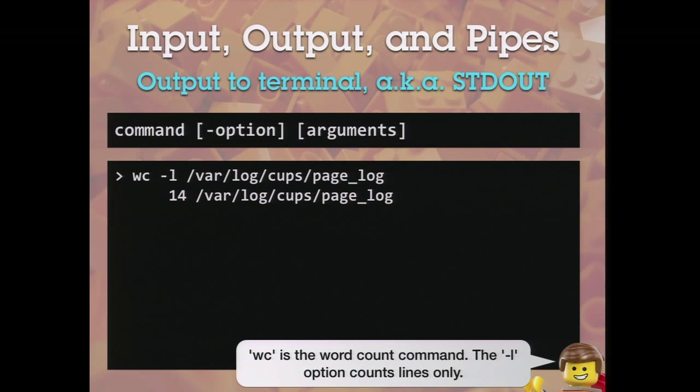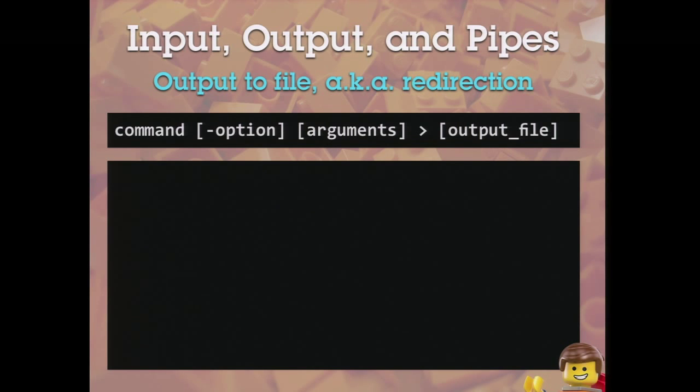You can see from word count's output, it's a little strange. It's got a big indent before the number, and then it includes the file path, even though I just told it what file I wanted. So it's a bit messy. And if I wanted to use that in a script, I'd want to clean it up a bit. We'll get to that.